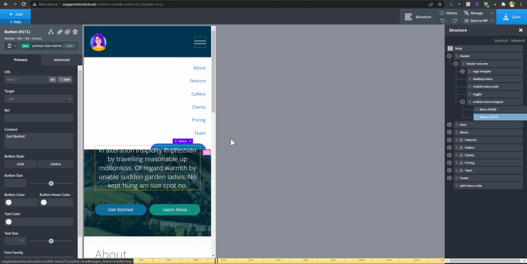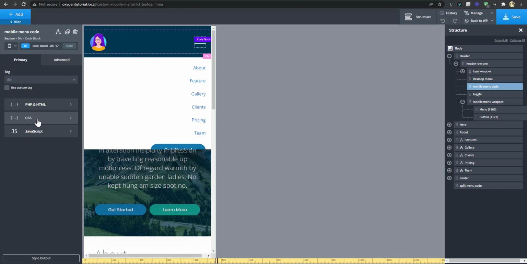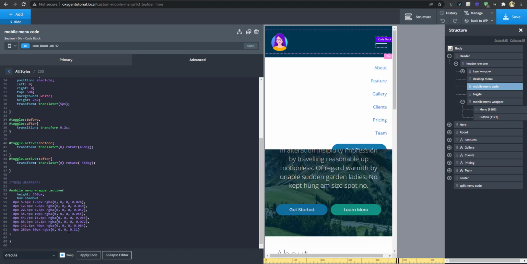Okay, so I'm going to go to the mobile menu code, to the CSS, to the active. I'm just going to take the height up to, let's say, 390 or 400. Now we can make this height auto, but if you make the height auto, you will not be able to animate it. So you just have to set the height.